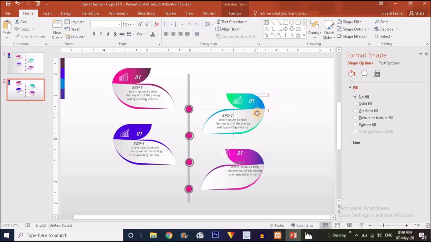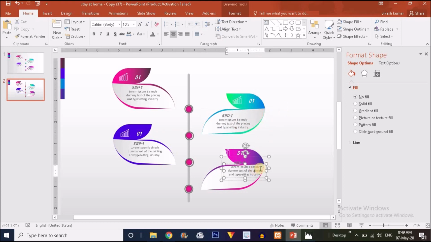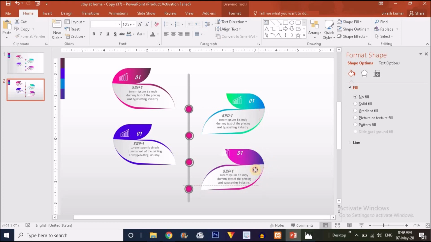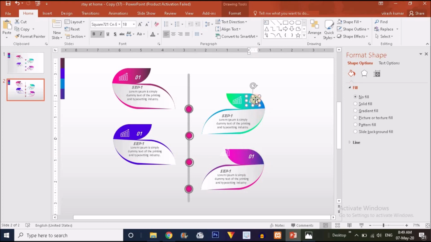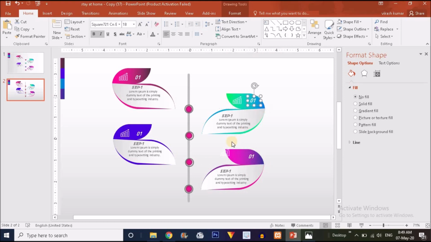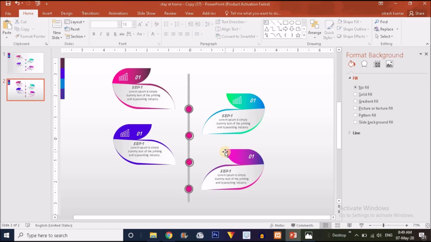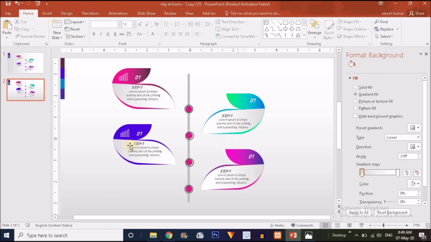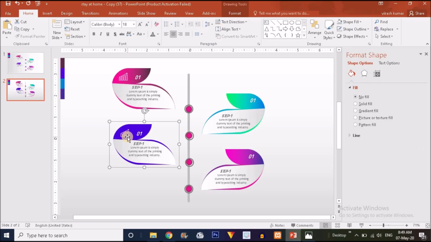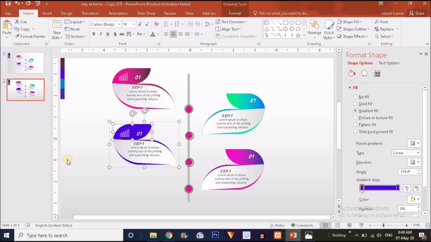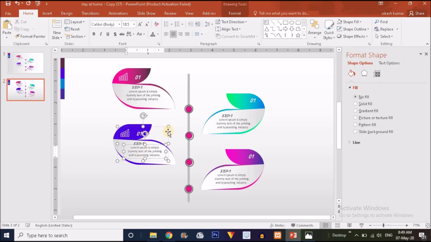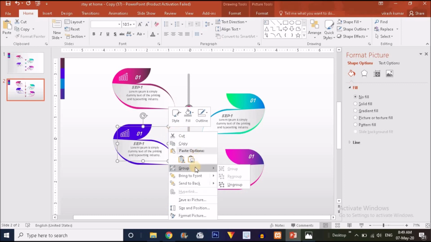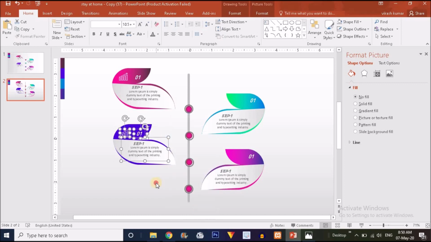Adjust the text here on the gray side and put the number here, and I'm going to use another icon for this 3-1. So right click and ungroup it and delete this icon.